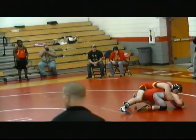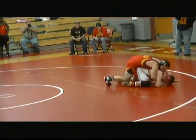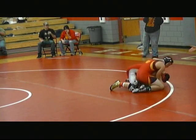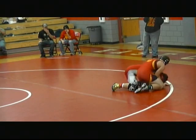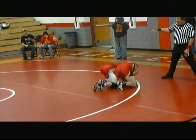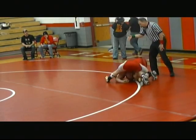Exactly. And one thing that he caught, Connor Wilson was on his knees there. Right. While Morgan was spinning, and he almost got away. Connor's getting a little high, which... Yeah, he's way out in front right now, and that's really not where you want to be. No. Especially with nothing really trapped. He doesn't have the leg, and there you go. Right. Morgan now has his ankle. Morgan stepped over his ankle, but...